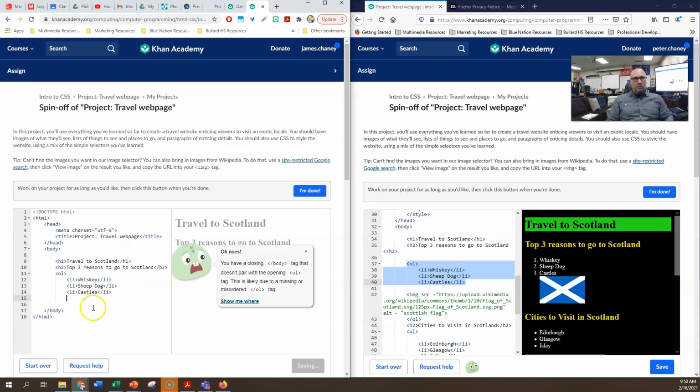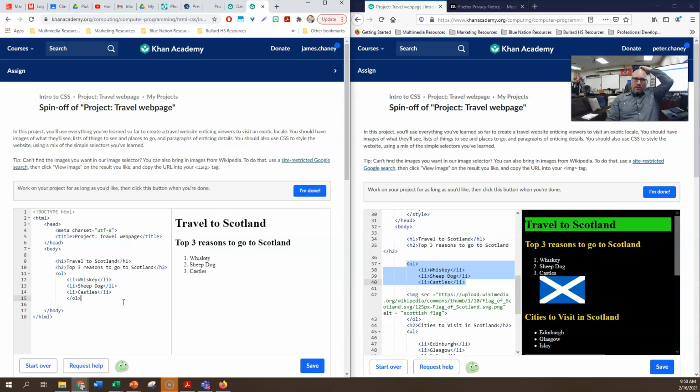I'm missing the closed body tag. The closed body tag's right there. It doesn't pair with the OL tag, so I'm missing something. Oh, I don't have the closed OL tag. That's why they don't like it. So I'm going to put the closed OL tag in there, which is fine for now, because I can always put things in between. So that gives me my ordered list of whiskey, sheepdogs, and castles